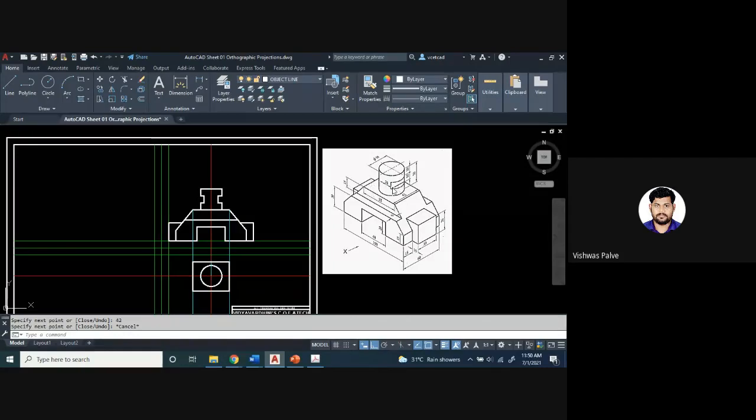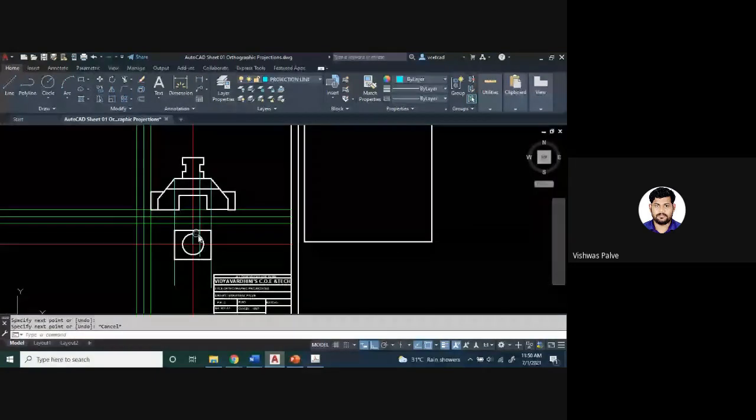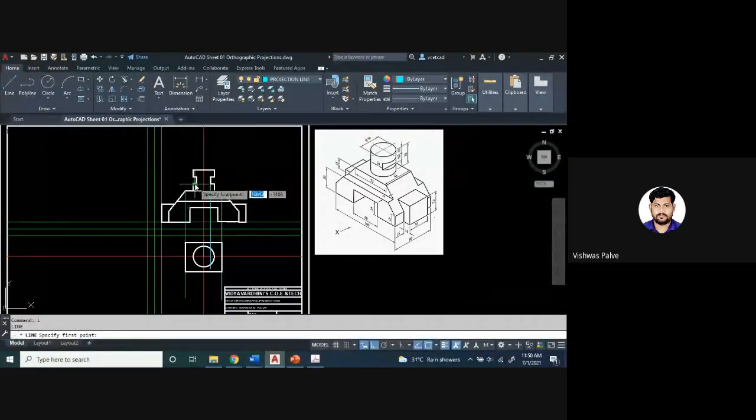Then when we observe it, I have to show that slot. So how are we going to show that slot? Any guesses? If I want to show this slot of 5 millimeter and 10 millimeter height, it will be shown as an object line or a hidden line. Hidden line. It won't be visible from the top, right? So we have to show it as a hidden line. So I'll take a projection first. Okay, I will take projection of both points.